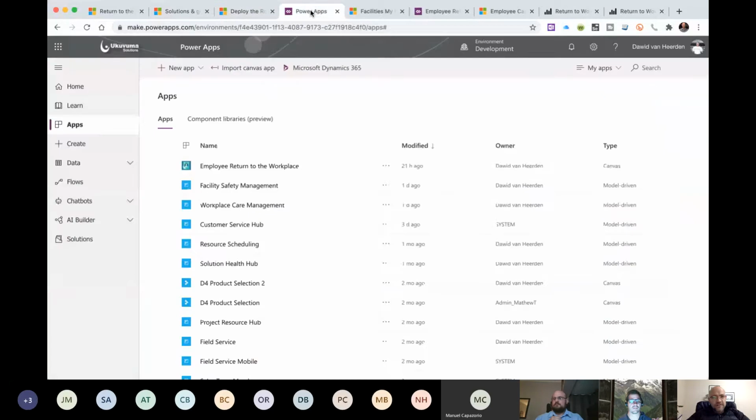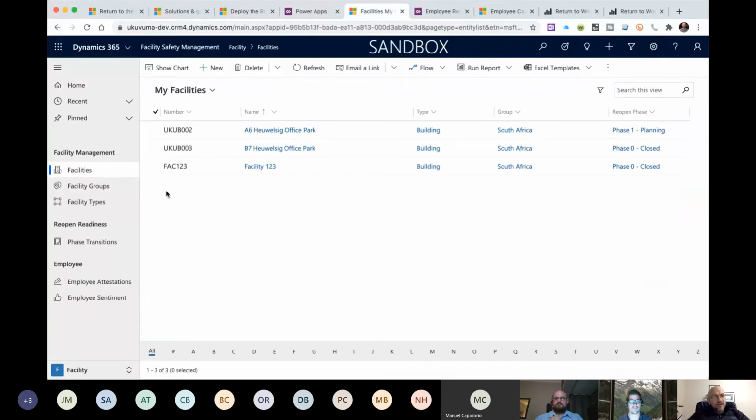So if you've finished installing it, you'll see that you've got a facilities management application, and the whole solution is really split into two. On one side, you've got how you prepare your facilities and infrastructure, making sure you've got the right policies and the right things in place in order to open up certain facilities. And this is hugely powerful. If you think about large organizations that have multiple buildings and multiple office spaces, you now need to be in a position to decide which of these are ready to start accepting employees. So that's on the one side, and you'll see there's the facility app for that.